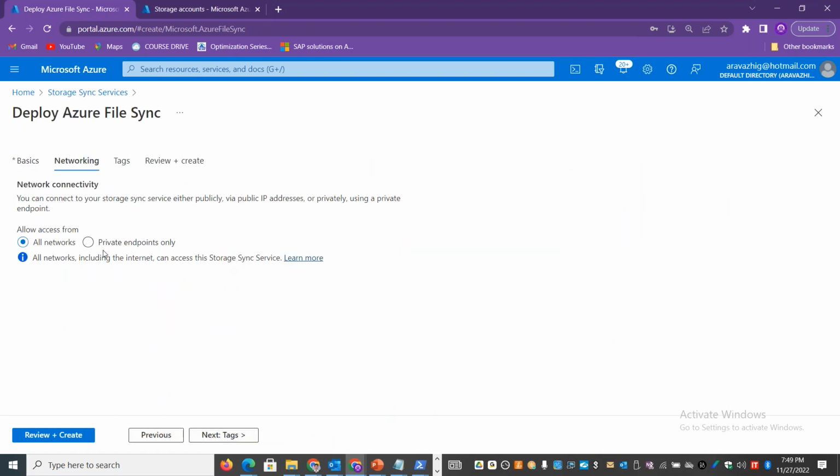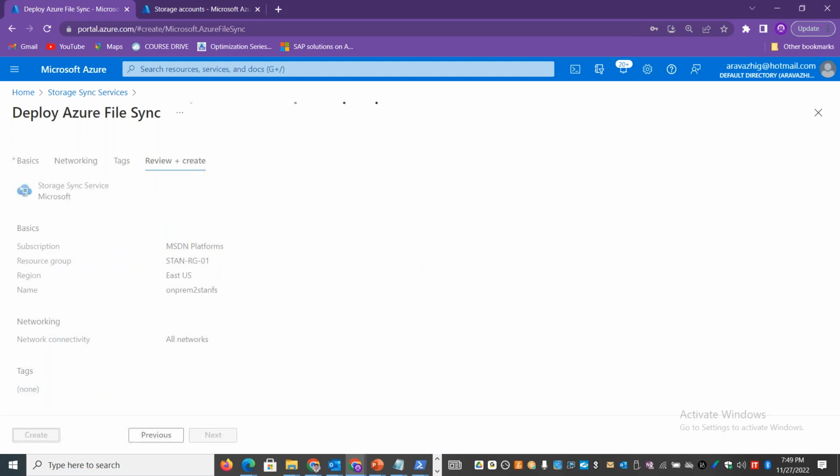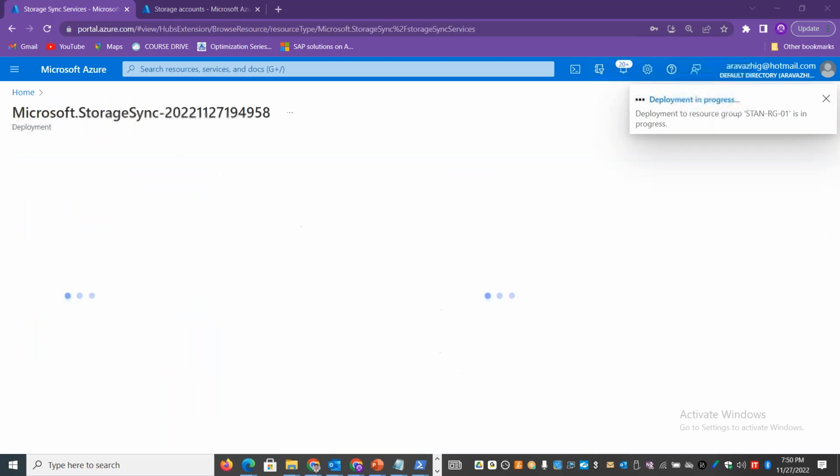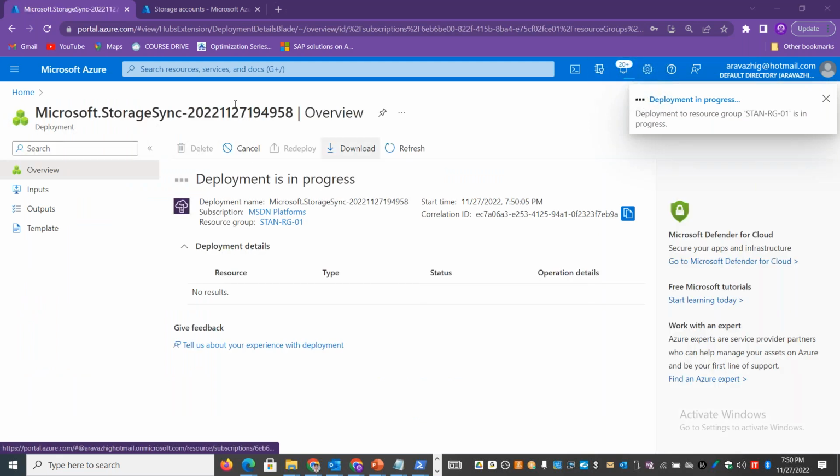And if I want to use private endpoints, I can select the private endpoint, but I want to do it on the internet now because my machine is on the internet. You can do it between Azure storage and your Azure server VM also if you want to, using the private endpoint, but I want to show you how to do it at the internet level. So once the storage sync is created,